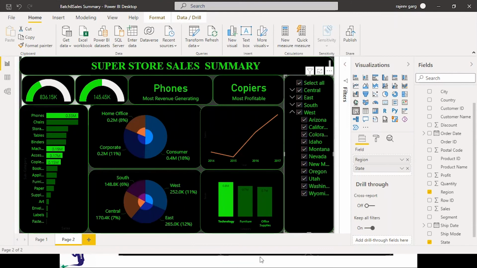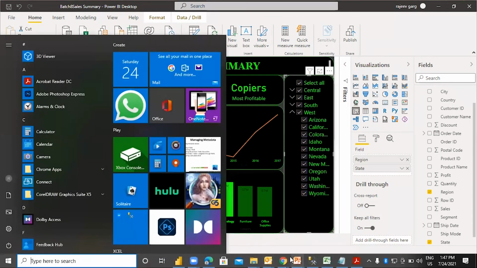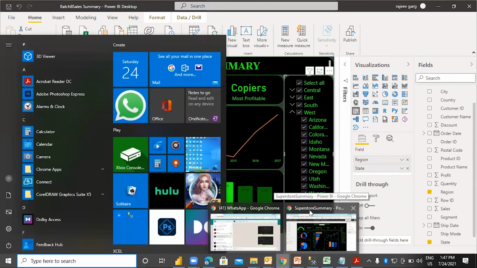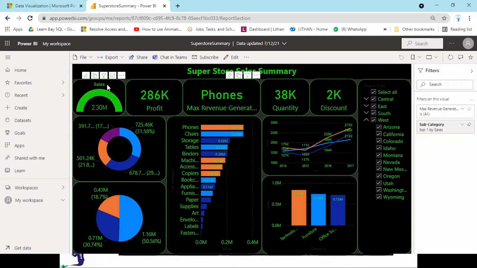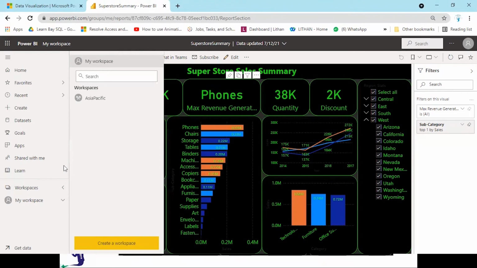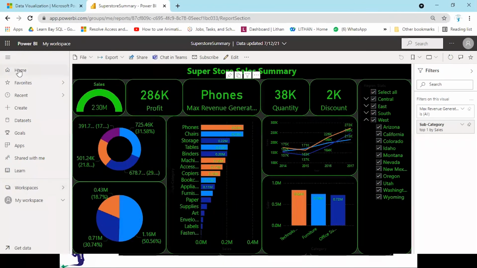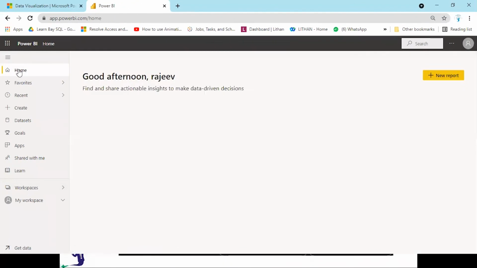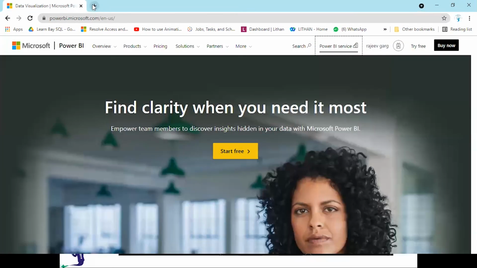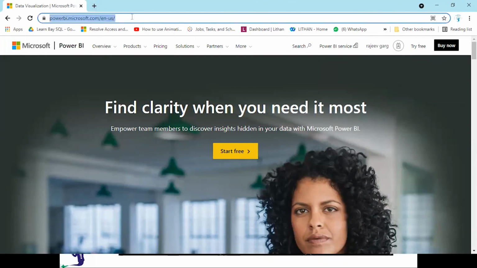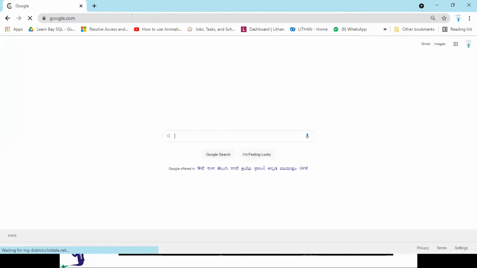And now to open Power BI service, let me go to the workspace. Let's go to home. Right. So this is my Power BI service account. For your convenience, let me search on Google: how to go to the Power BI service?